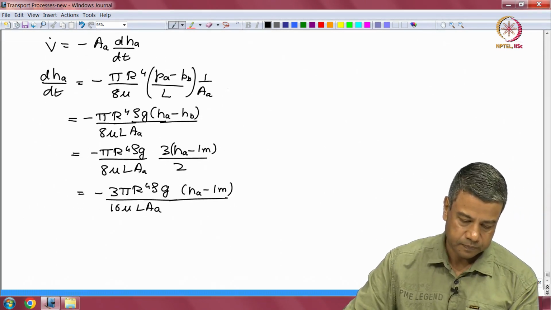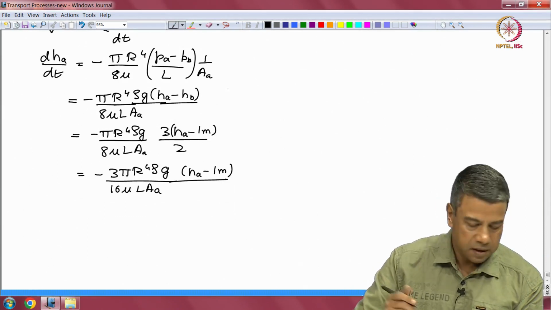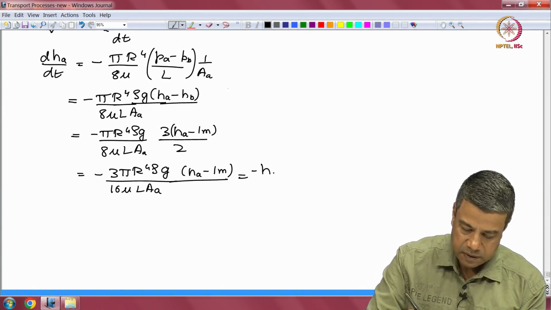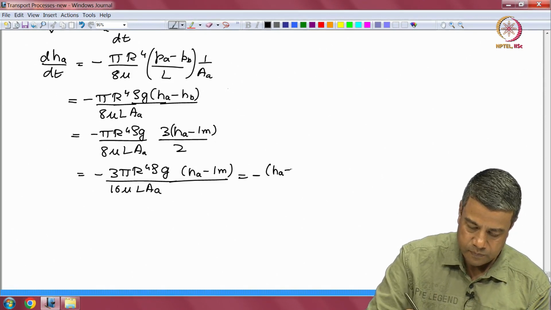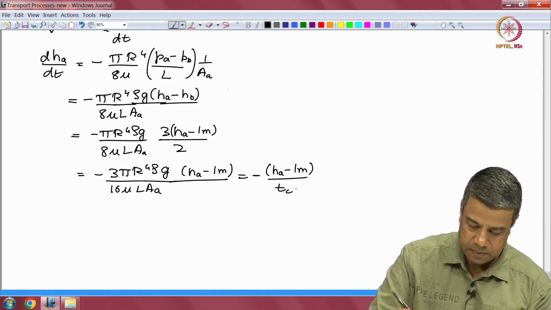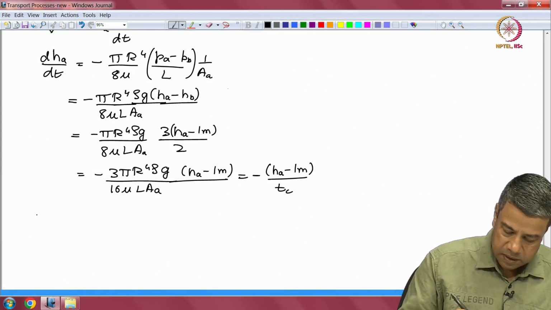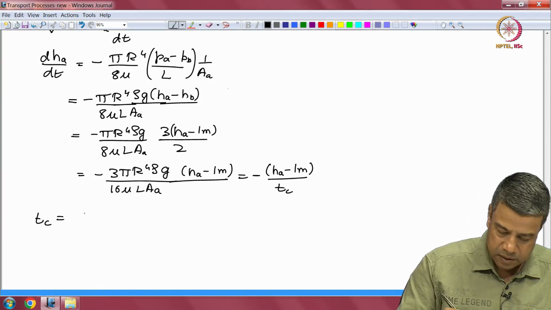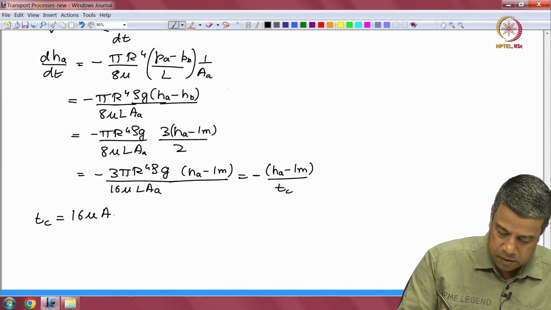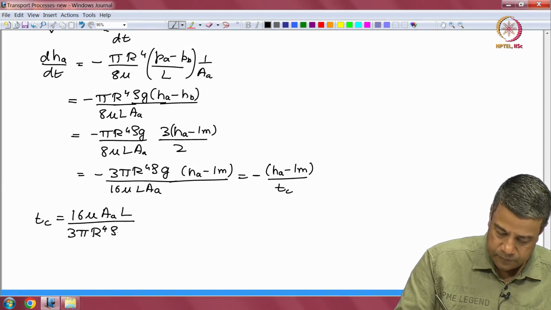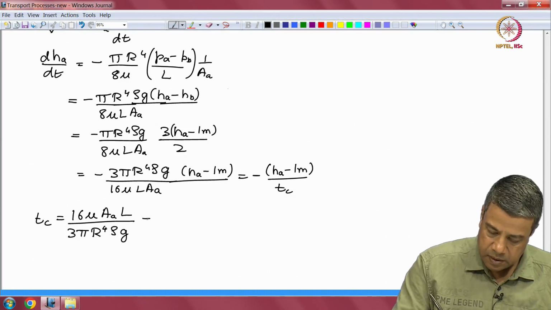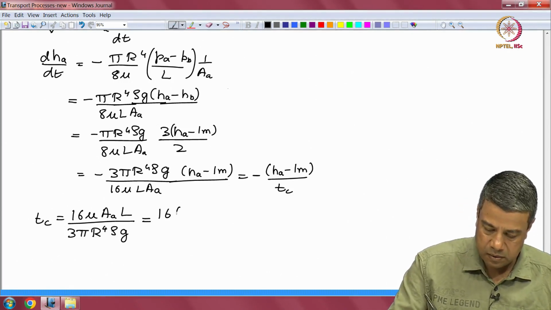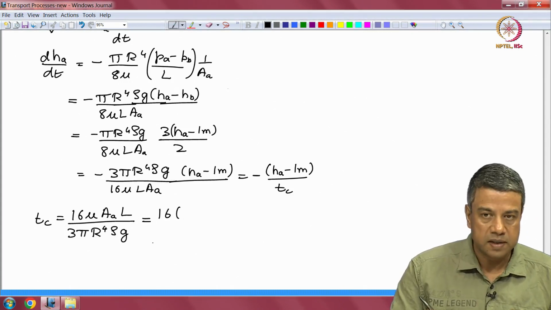And I can rewrite this as minus of HA divided by a characteristic time, where this characteristic time is equal to 16 into viscosity, which was 10 power minus 2 kg per meter per second,